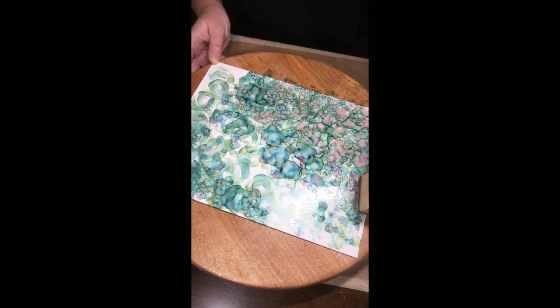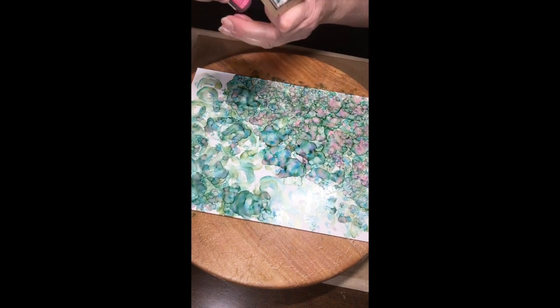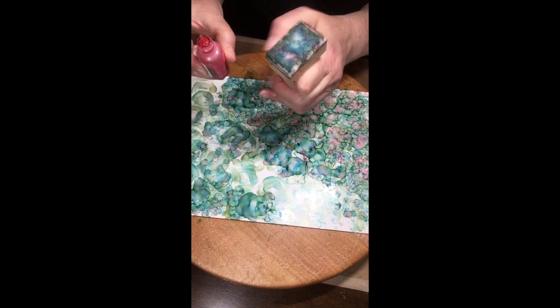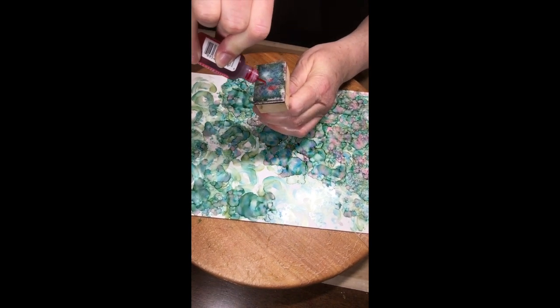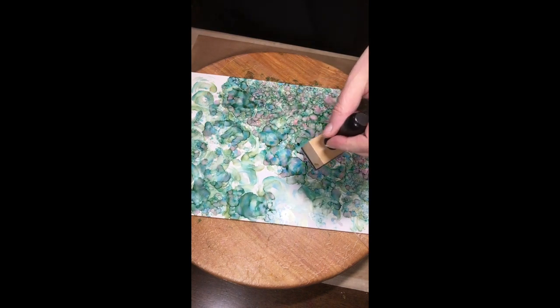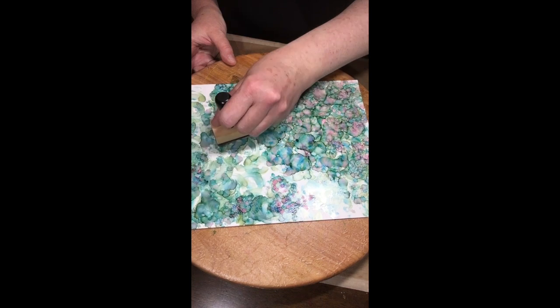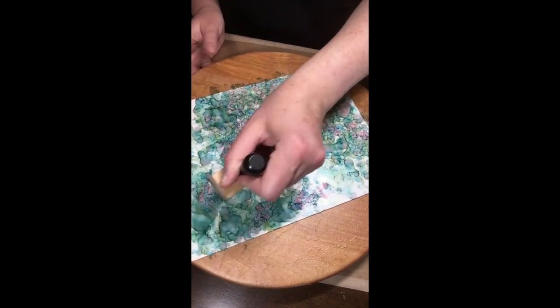So as I'm moving along and just sort of eyeballing where I want things to be, colors, textures, and so on, I add a bit more flamingo because I really do love that pink against these greens and blues. It's pretty spectacular. And so I'm dropping it in, and at the same time I'm looking at the whole scene